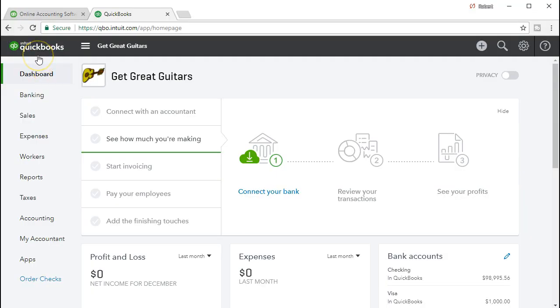Here we are in the QuickBooks Online dashboard. We will be continuing with the Get Great Guitars problem. We're going to be entering the short-term and long-term portion of a loan, talking this time about a loan that has both a short-term and long-term portion to it and has payments that include monthly payments that we will need